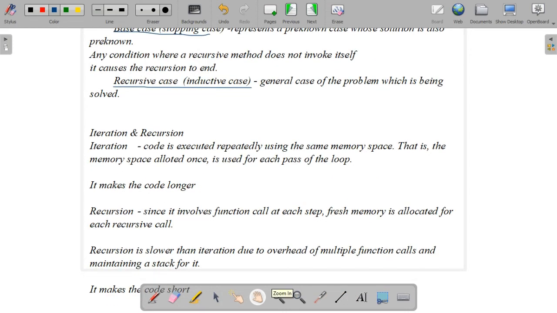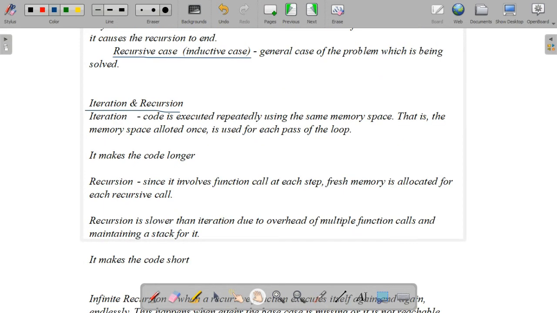So now you know what a recursion is, what a recursive function is and what the types are, and that in a recursive function there are two cases, base case and recursive case. Next, look at the difference between iteration and recursion. Iteration means code is executed repeatedly using the same memory space. That is, the memory space allotted once is used for each pass of the loop.